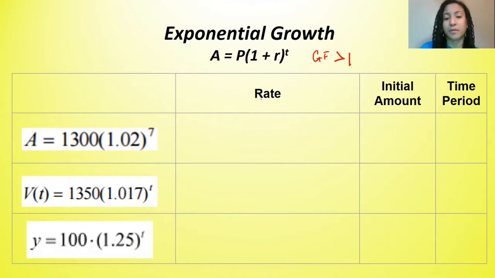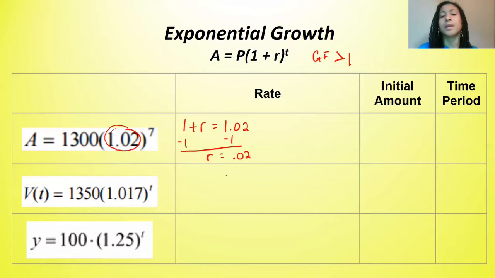Now, how do we find the rate? So remember, rate is represented by R. This entire growth factor represents the sum of 1 plus the rate. So if we were to just make an equation, 1 plus R, we want it to be equal to our growth factor, 1.02. We're basically solving for the rate. So in this case, we would subtract 1 from both sides, and we're left with R is equal to